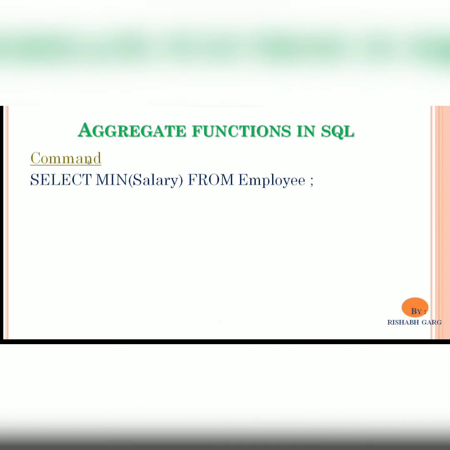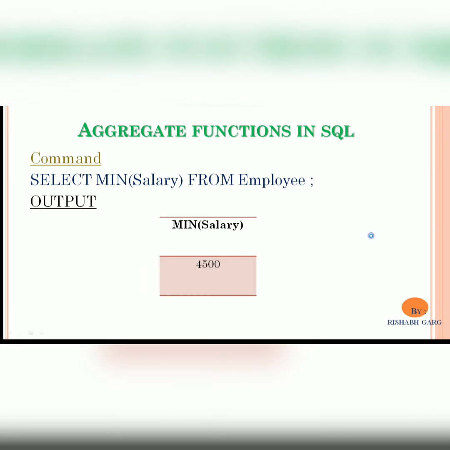First, we will write the select statement. After that, we will use the min function. Then after, we will write the field name as an argument. Then after, we will use the from keyword. Then after, we will write the table name. And at last, we will use the semicolon. After executing this command, the minimum salary will be displayed from the employee table. I hope it's clear to all of you.